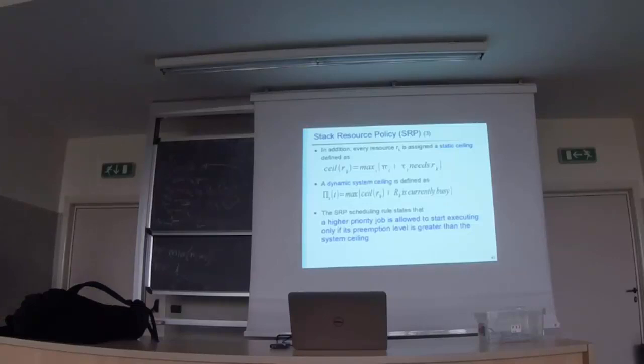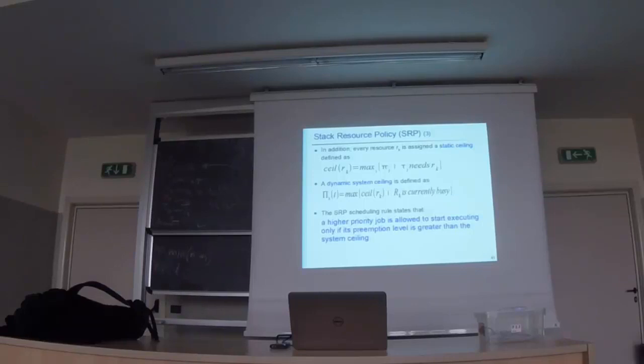So they're allowed to start only if their preemption level is greater than the preemption level of any task that may access any of the locked resources. Let me repeat again, they are not allowed to start unless they have the earliest deadline in the EDF case and their preemption level is greater than the preemption level of any task that may potentially require a resource